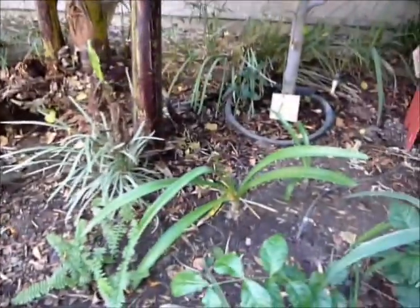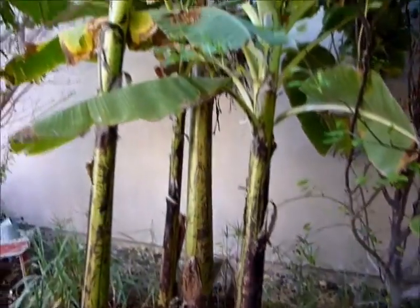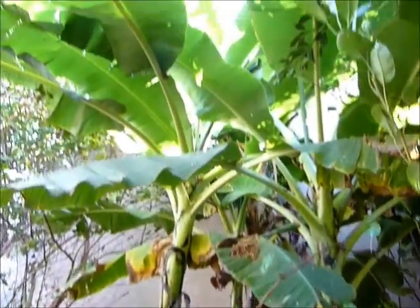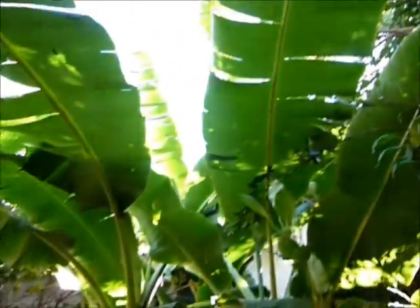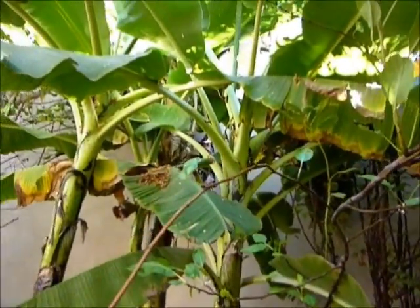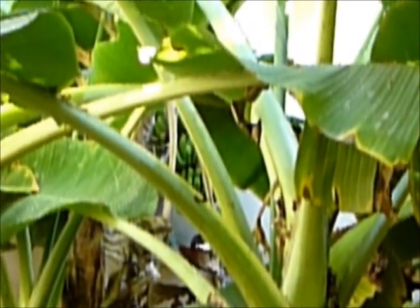amaryllis, and another cluster of banana trees, and these are the Goldfinger bananas. Huge, beautiful leaves, nice and green and just towering overhead. In the back there's a clump of bananas. I don't know if I can focus on them. Just way back there. Okay, I'm now going to turn to the right, and this is the original cluster of